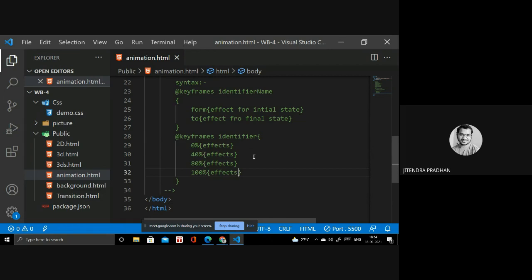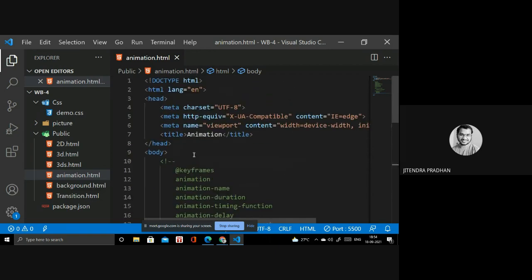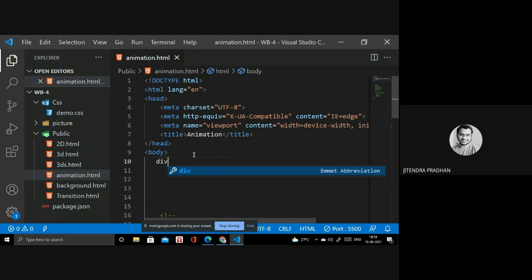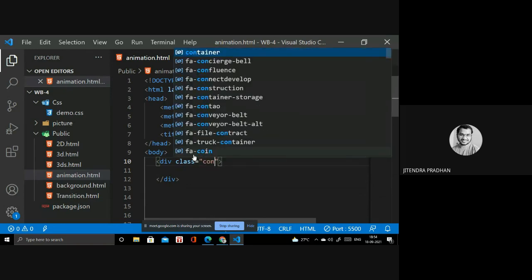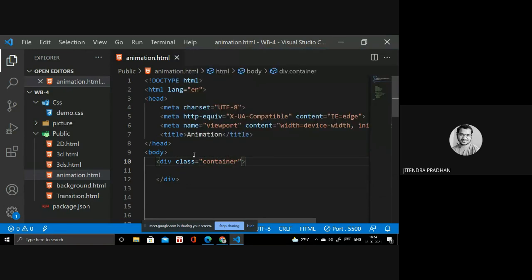Okay, done. So let's see an example, so you get an idea about that. Okay? So let's see, I need to write the body part. Next, you have to go to CSS. So first thing we need to write a div. Inside the div, I will write a class name, container. Okay.